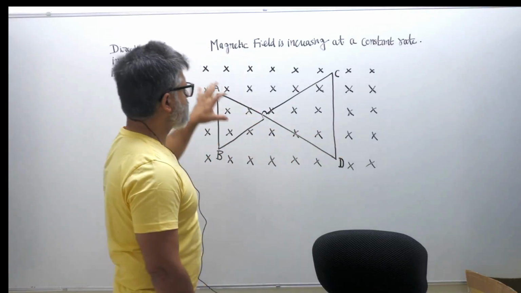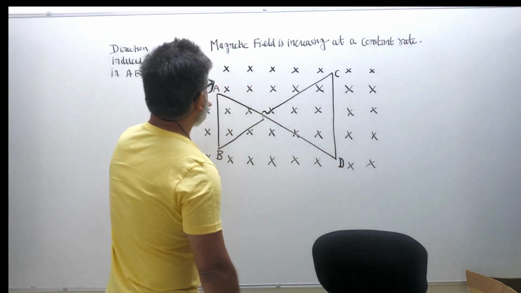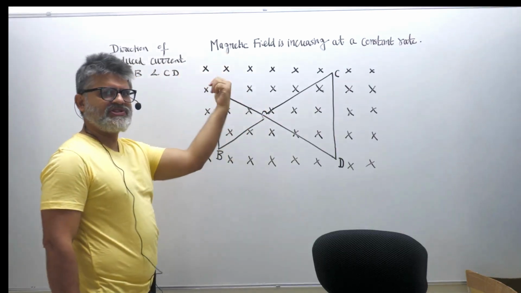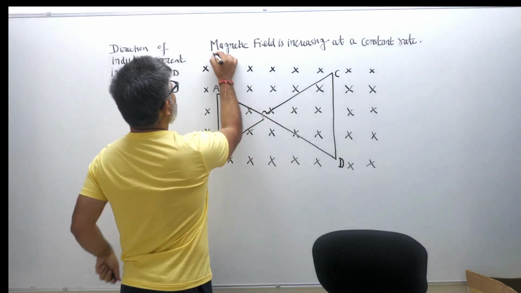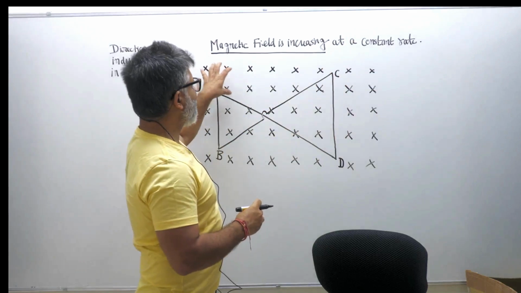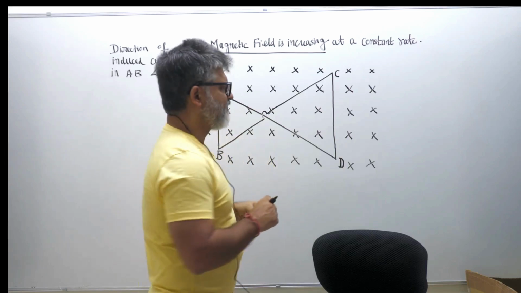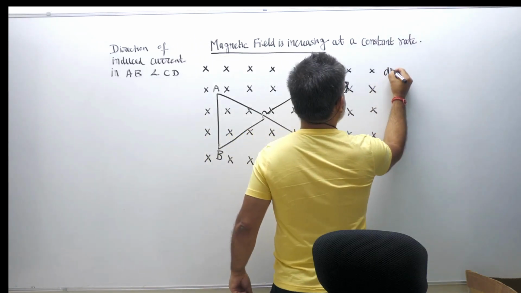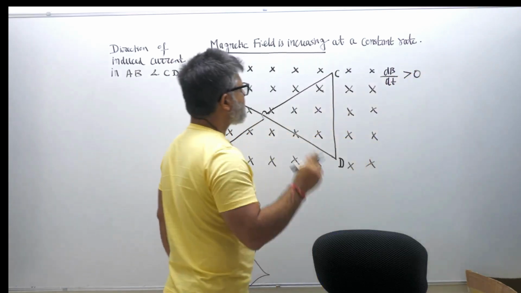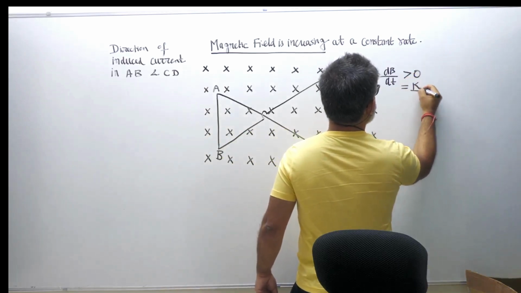Today we will solve this question. This is electromagnetic induction, and you can see the situation. What is given is that you have a magnetic field which is inward, but the magnetic field is increasing at a constant rate, which means the number of flux lines going inside are increasing at a constant rate. So you have a dB by dt available to you, and it is greater than 0. It is increasing at a constant rate, so dB by dt is equal to k. It's a constant rate.